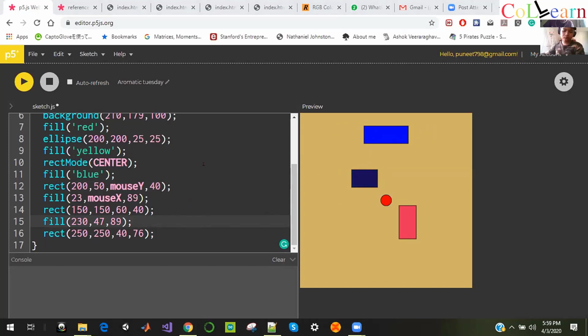Does anyone have a link to share their screen so that everyone can see what they are making? If anyone wants to show what they are making, because my artwork looks terrible right now. I want to see what you have made. Probably Aman, do you have the link? Can you share the screen with us? Or how does it work? I don't know.